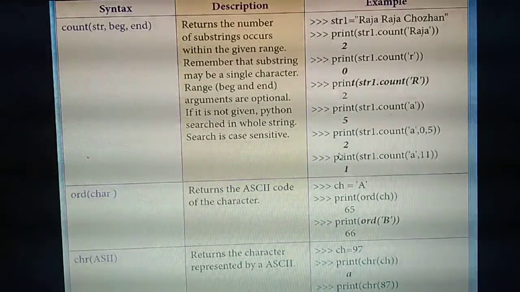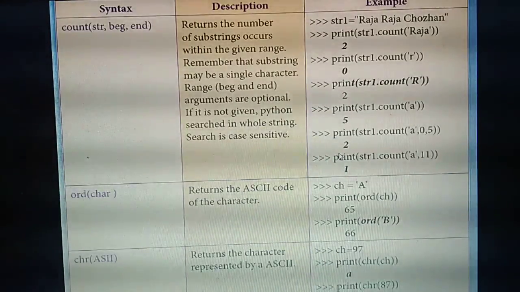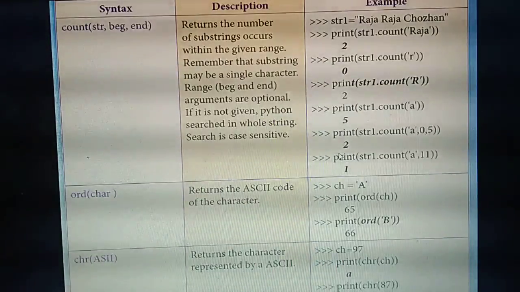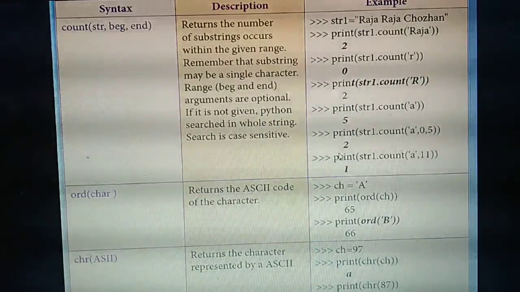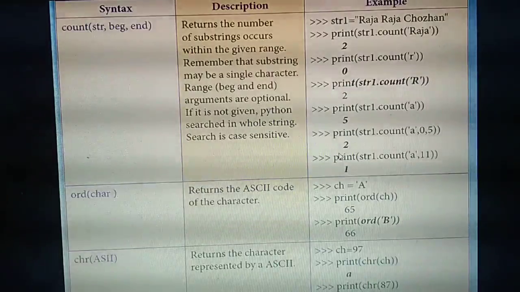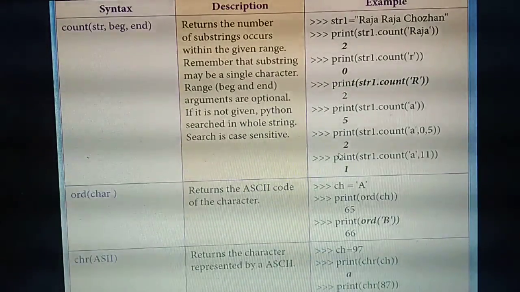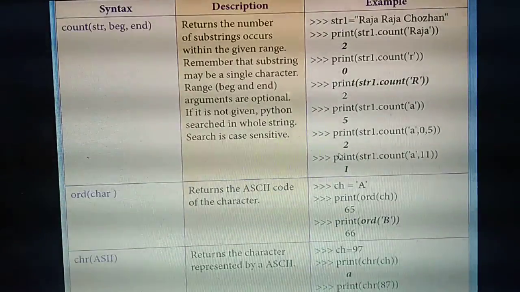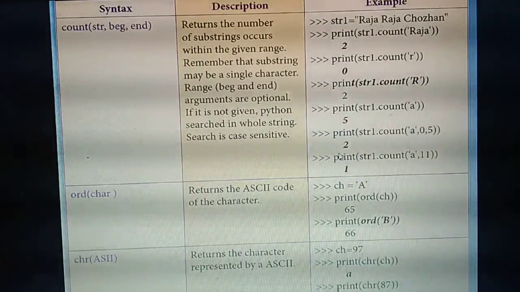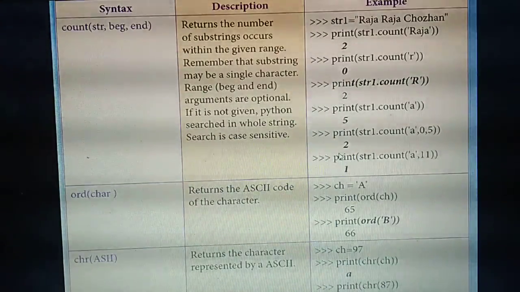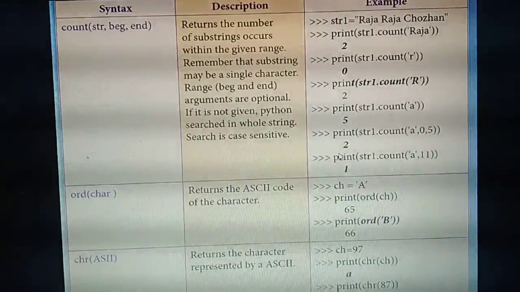So this tabular column is very, very important. So today what are the things I have taught? Escape sequence, format function, as well as built-in string functions. This tabular column is a very, very important question, as well as this format function. Surely you need to study. So after completion of this session, please study this tabular column and write and see. And also the format question, study and write. So this is the homework for you.